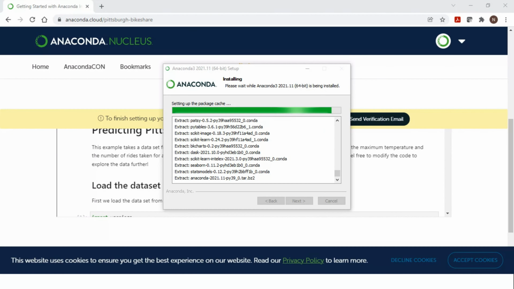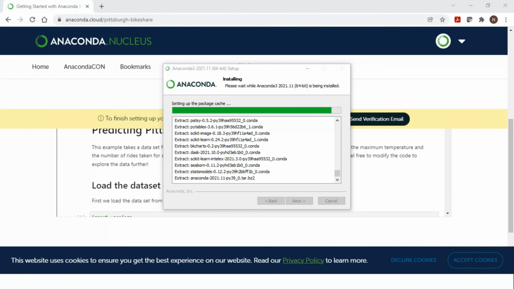After the installation, we have the entire package, so we need not worry about installing any external package required for data science or any data analytics or analysis purpose. It comes with a complete package. So let's have some patience until this gets installed.